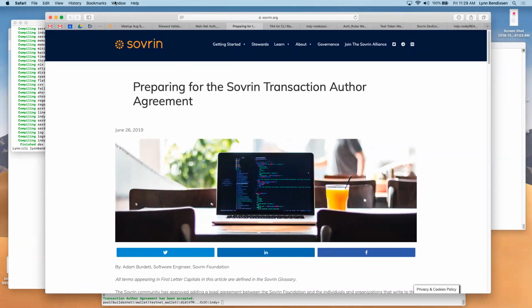Adam will tell us just a little. He wrote this blog post, and he knows a little bit more about the basics and what the transaction author agreement is. Yes, thank you, Lynn. I want to make sure we all are aware of just the basic use case of the Sovrin Ledger. Are there any questions around that, or do you need an elevator pitch type of intro? I don't think so. So you're good? Okay, so Sovrin is striving to be a global utility. As part of that initiative, we want to be compliant with all laws and regulations.